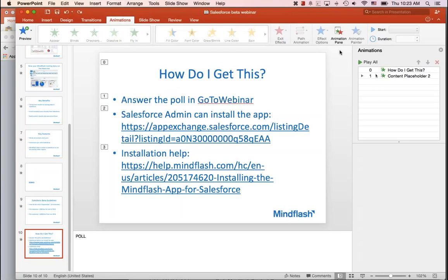In order to invite users to new courses, do they already have to be registered in Mindflash, or can you add new Mindflash users through Salesforce? Okay, so I think the question is, if people aren't in Mindflash, can I add them to Mindflash in Salesforce? Not currently. The way that this works is any user that you invite through Salesforce gets automatically added to Mindflash,